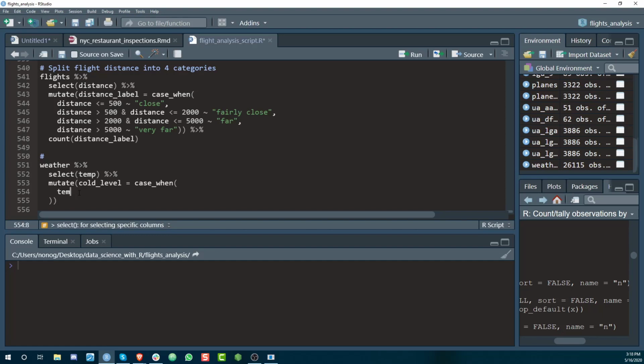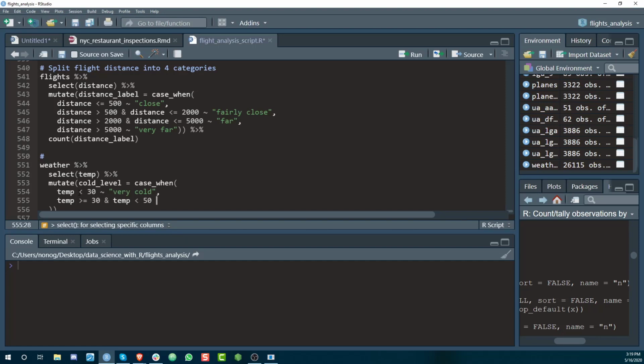So temp strictly less than 30 degrees. This is a numeric variable, but the output is going to be character. So let's call this very cold. Now if the temperature is greater than or equal to 30 degrees and it is less than 50 degrees,